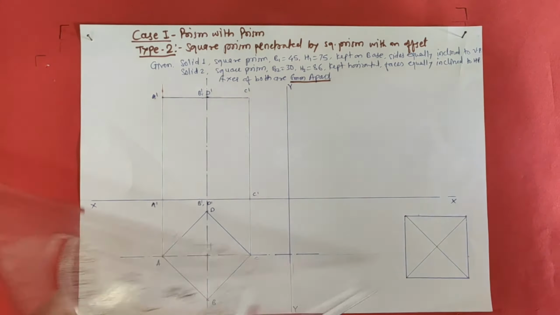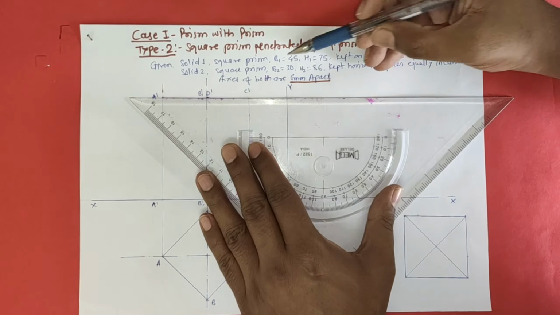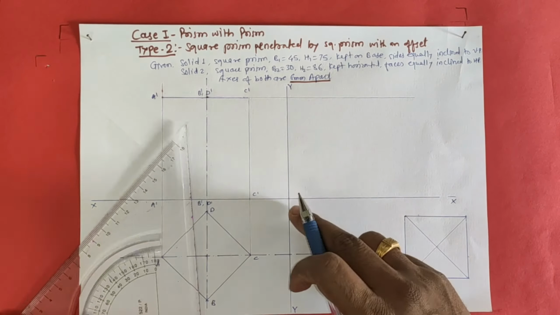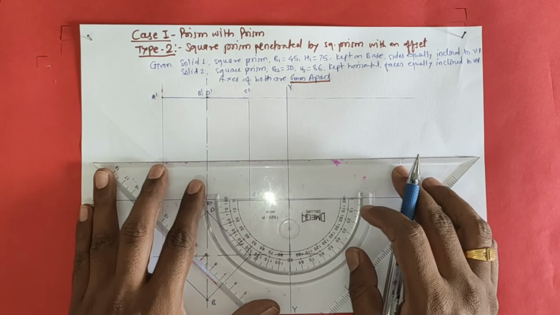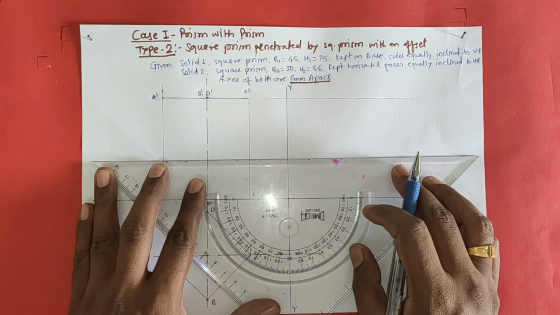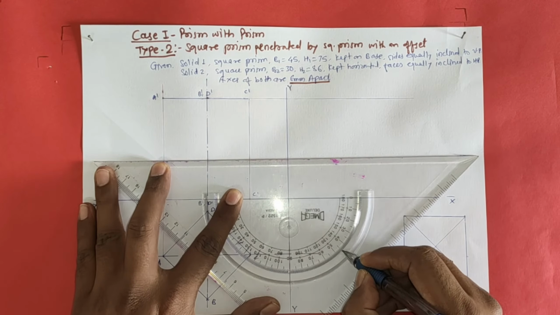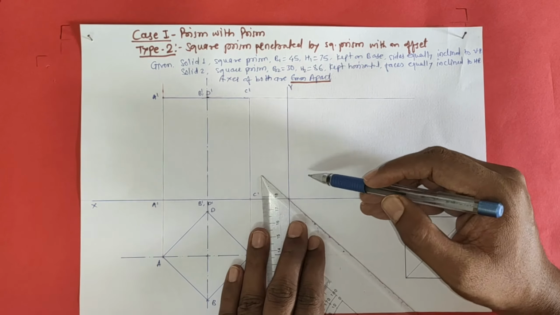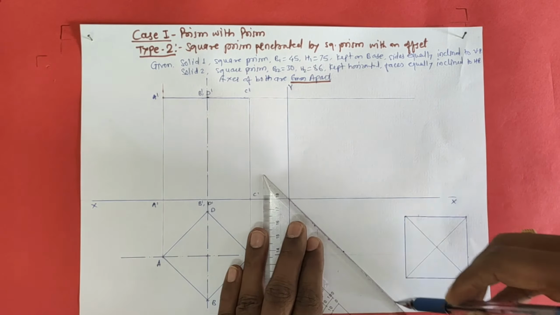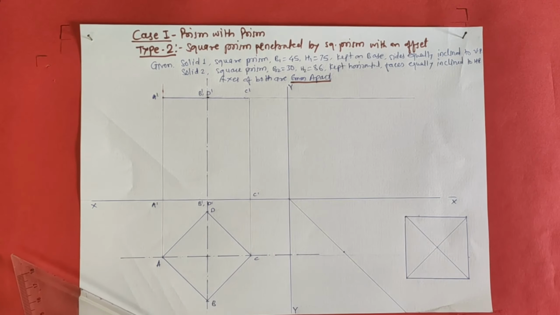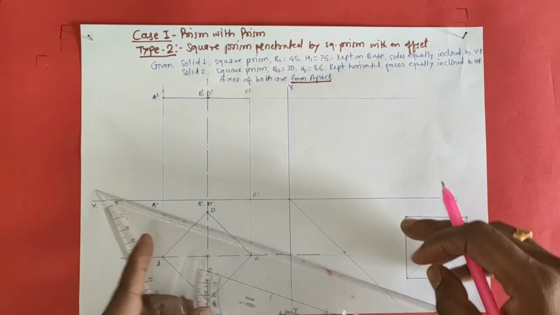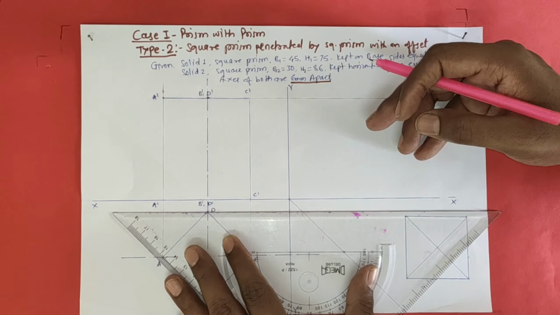Okay, now take the projection from front view. So I will take projection from front view. Also I want to mark here 45-degree line. Okay, so 45-degree line, it comes here. Okay, now take the projections. I have taken projection from the front view. I will take projection from top view to the side view.